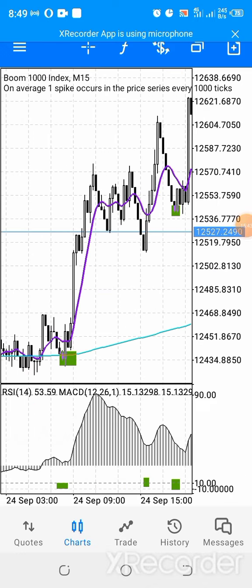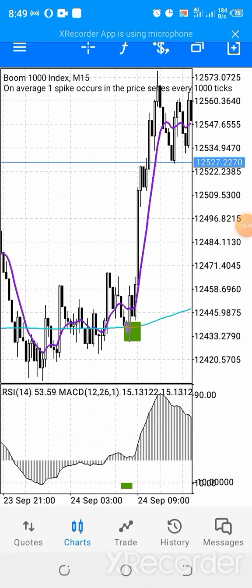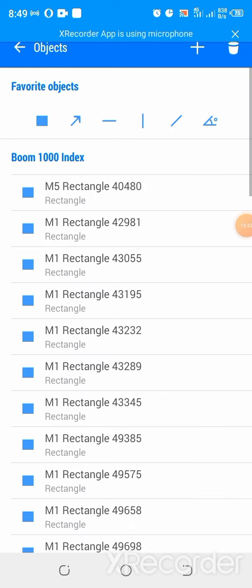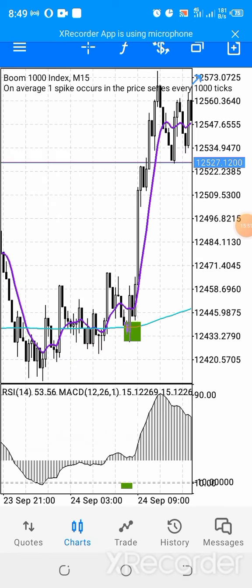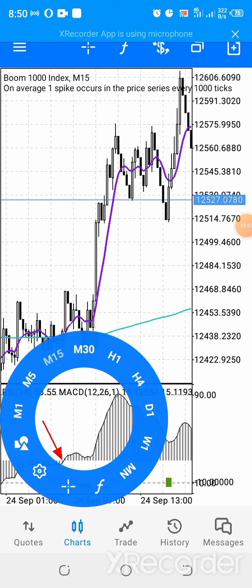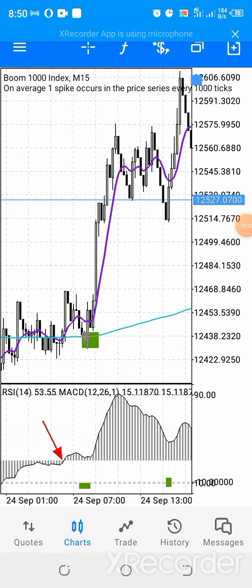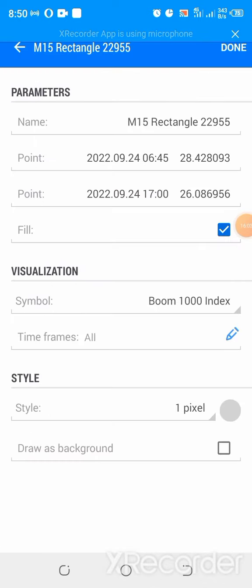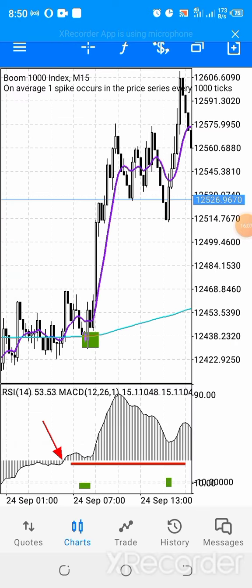Yeah, so this is another example. This is 15 minutes here. Okay, what are we seeing here? The conditions were met here. This was a cross, and after the cross, what did you see here? Price stayed relatively above. Sorry guys, I change the colors a lot when I want to do it. So price stayed here